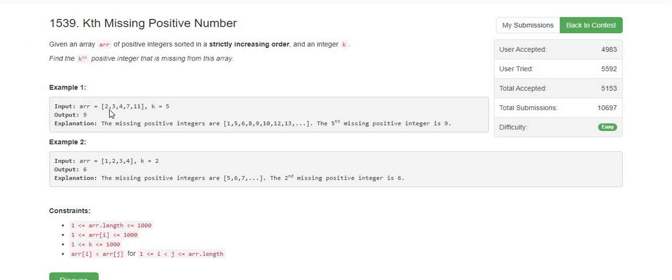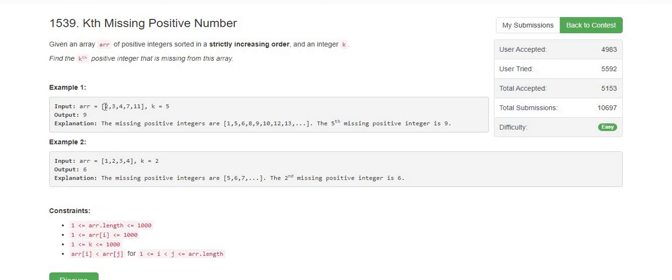Here this is an input array which has the values 2, 3, 4, 7, 11, and k is given as 5. If we start the series from 1, because in the constraints the values will be in the range of 1 to 1000 for this array, and it can go beyond that if the kth value is higher. If the number is not present in that list, it can be higher than those values as well.